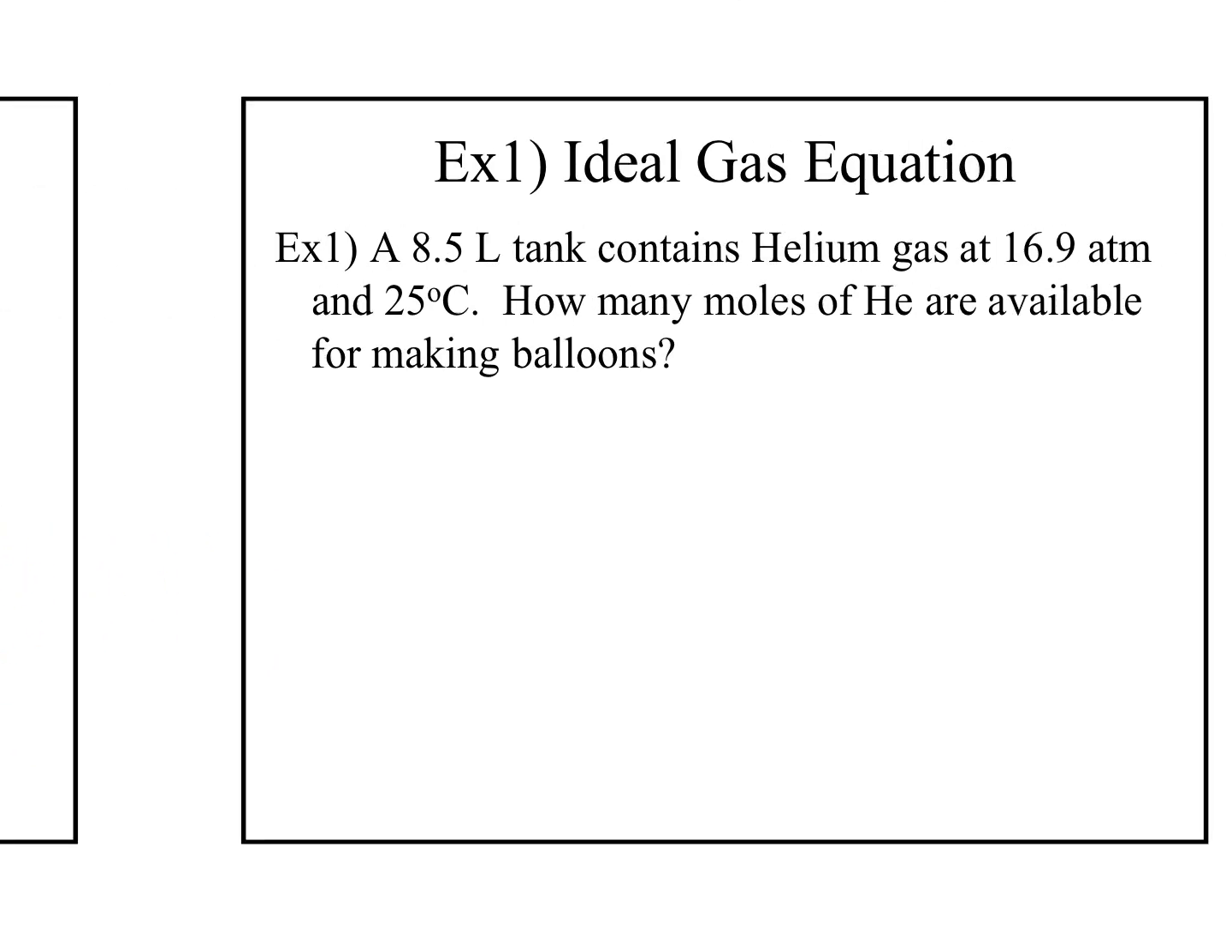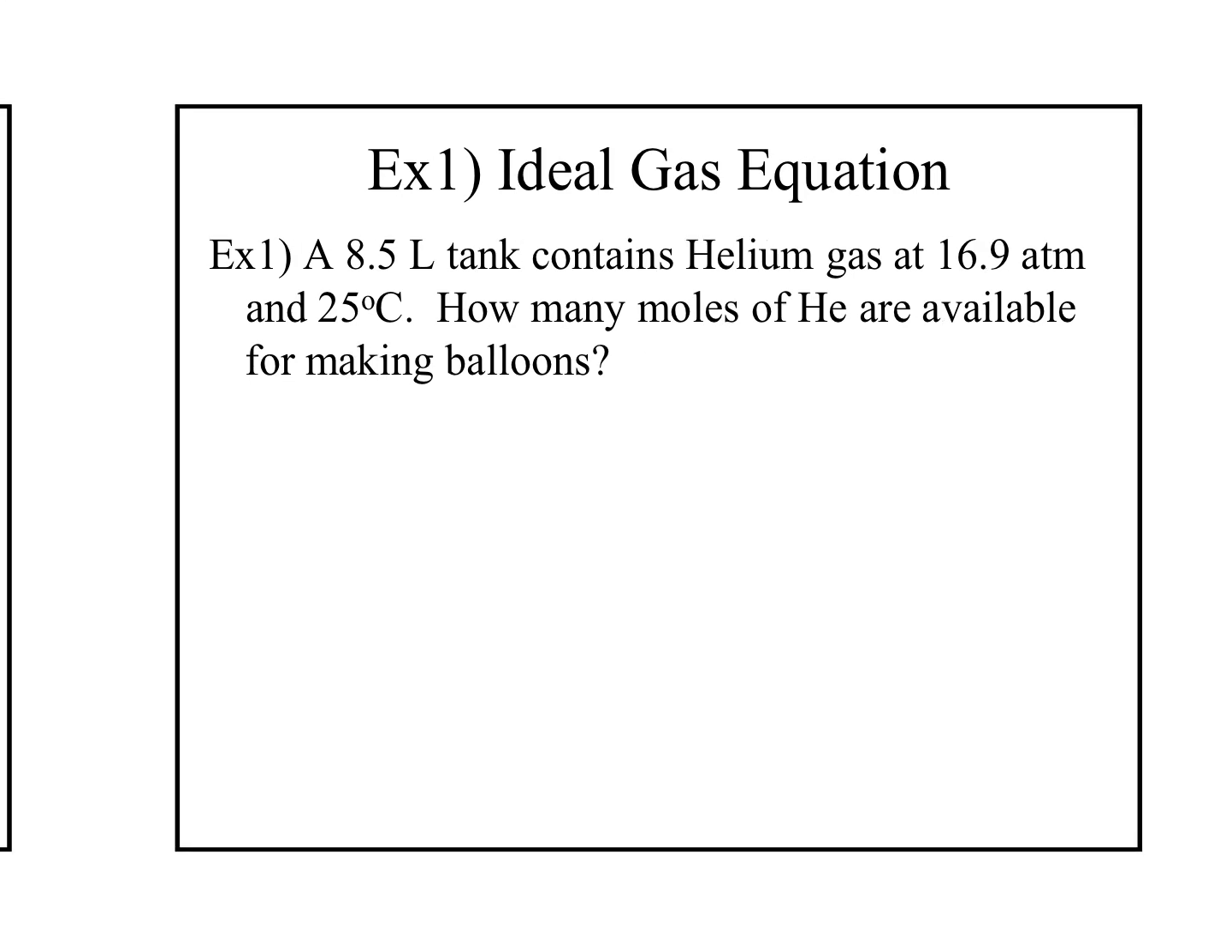So let's look at a problem. This problem says that we have an 8.5 liter tank containing helium gas at 16.9 atmospheres and 25 degrees Celsius. How many moles of helium are available for making balloons? So your equation is PV equals nRT. Since we're looking for moles, that means we're solving for n. I am a rearranger. I like to rearrange the equation, so I'm going to divide both sides by RT to get n by itself. So n equals PV over RT, and then I can go ahead and plug in